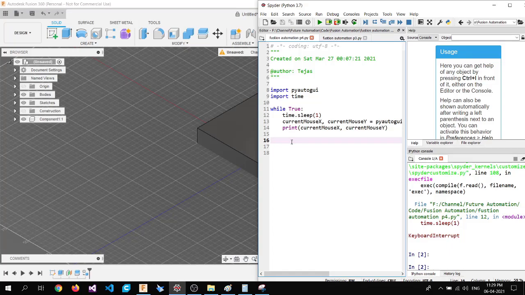So 74 plus 5, we will go for 79, and for y we can go with 15 pixels. So 334 plus 15 will be 349. So the first position of our cursor will be 79, 349.